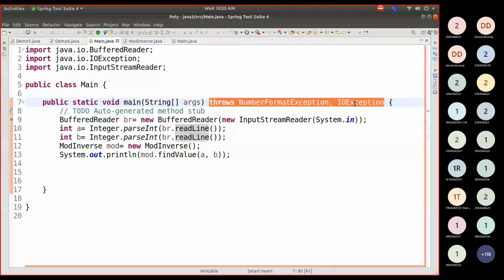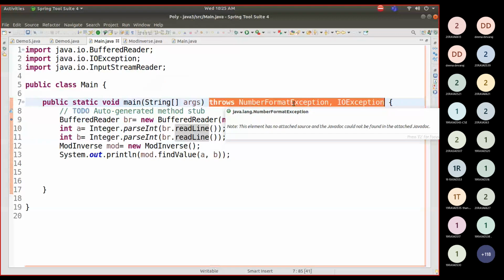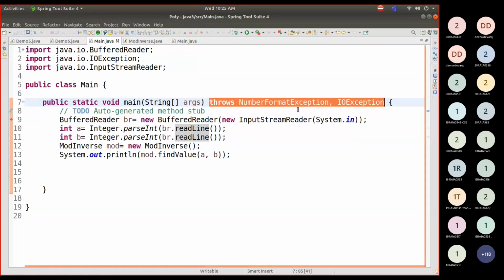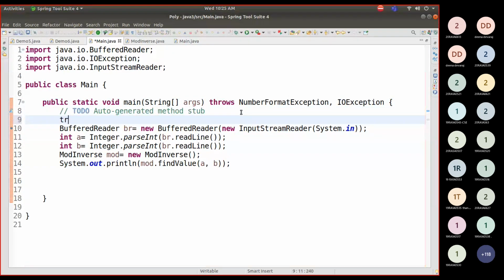If you have not handled it, your code will throw IO exception, it will throw number format exception. It will give some exception, but you are not making that mistake. Still, your compiler will warn you. It's a checked exception. It will tell you there is a possibility you will get this error. What do you want to do? You want to escape, throw. You are just throwing this. I'm not handling it. You can do this,